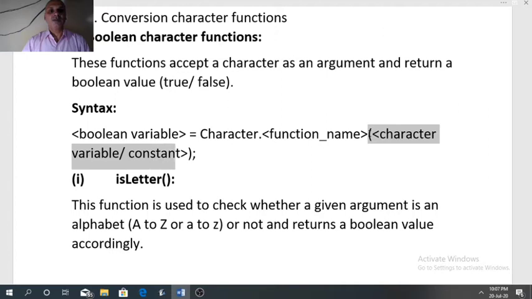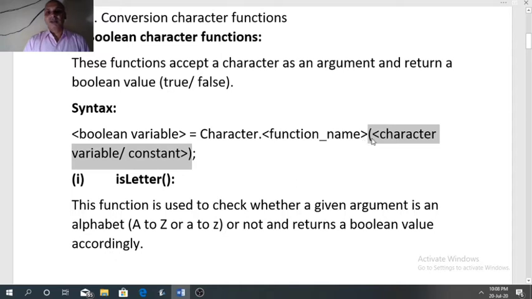That argument can be in the form of a character variable or character constant, or we can write the ASCII value of a character, or fourth option, if you know the Unicode of the character, this function can receive the Unicode also. So let me tell you once more.